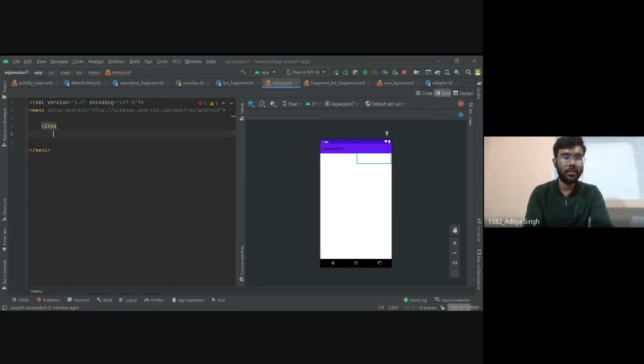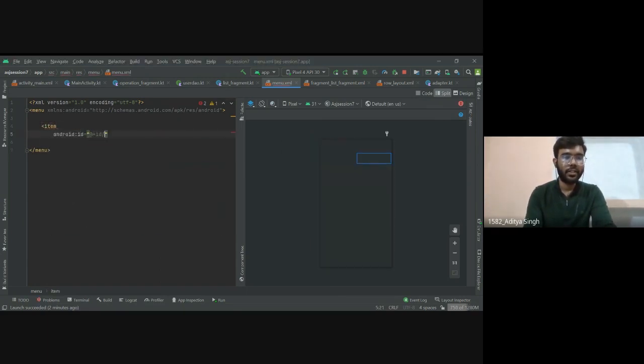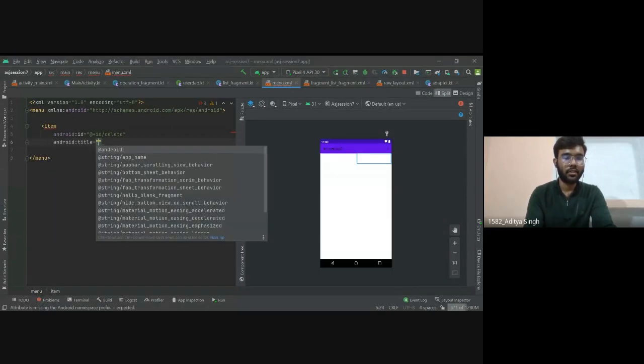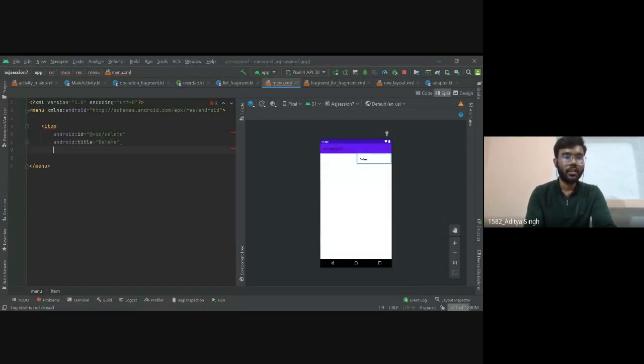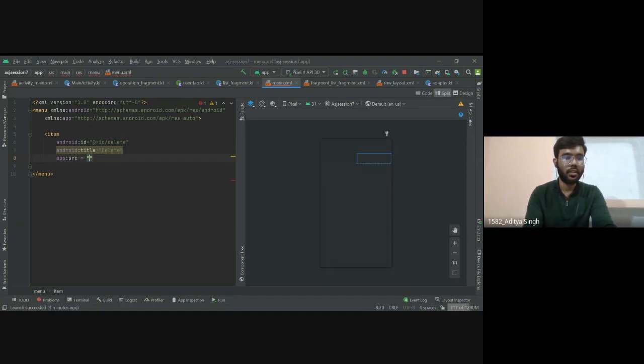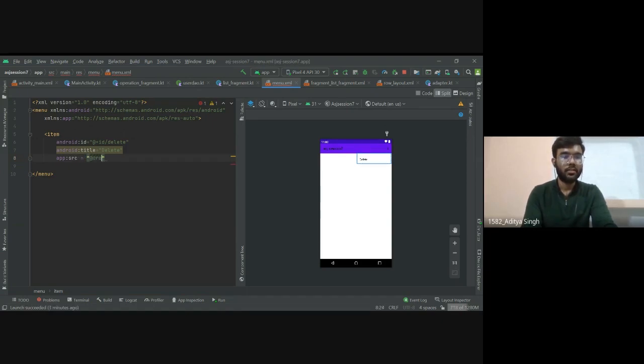We'll write item and give it an ID, delete. Give it a title, delete, and let's create this namespace declaration.